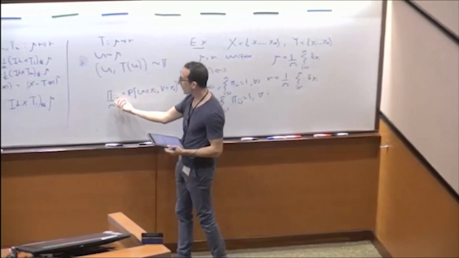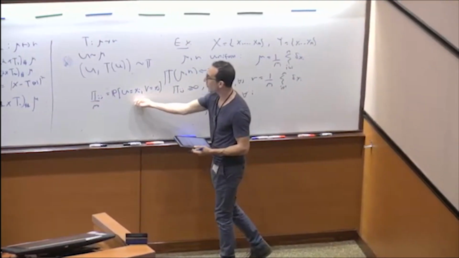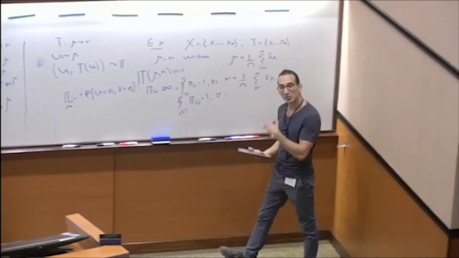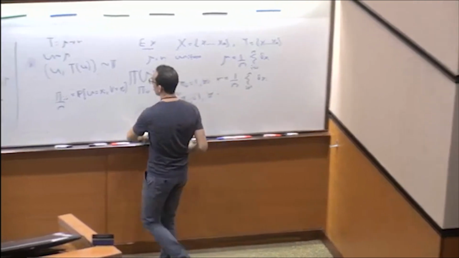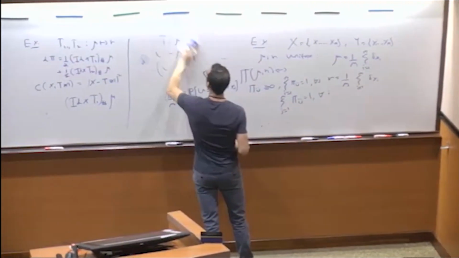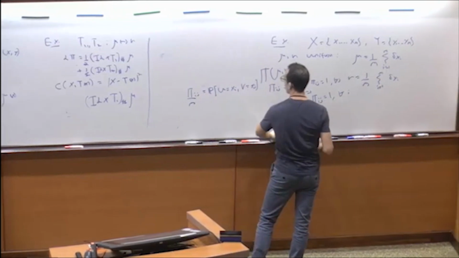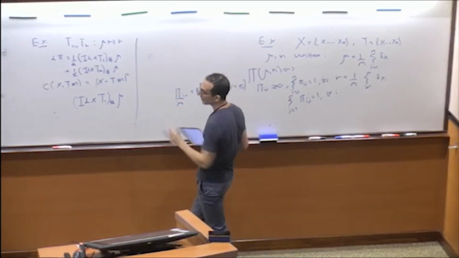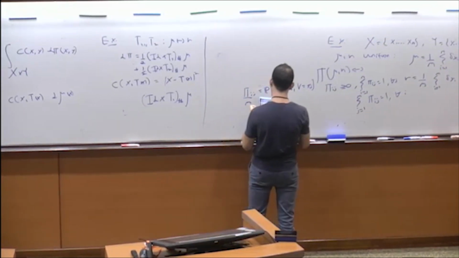So then the way to think of this pi ij is just the joint law that u is equal to xi and v is equal to yj. So there are many such matrices. So what does the problem become now? In this setting, the Kantorovich problem. So now the problem becomes